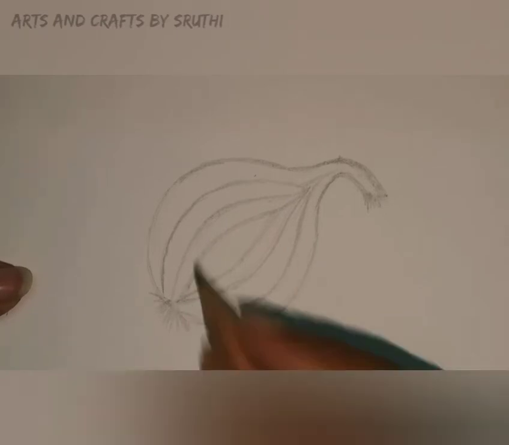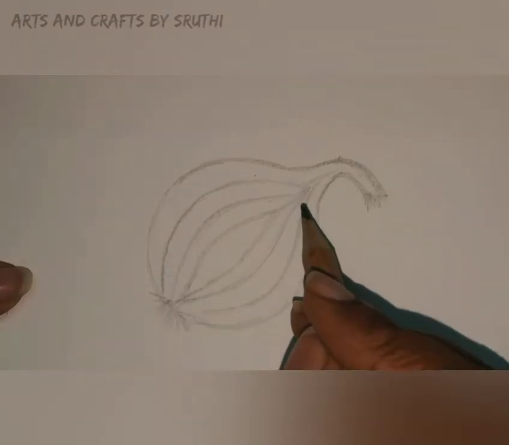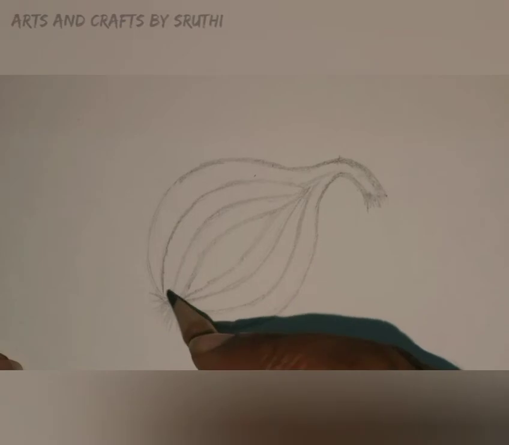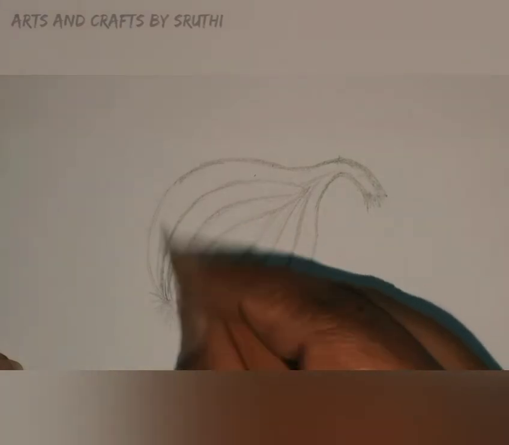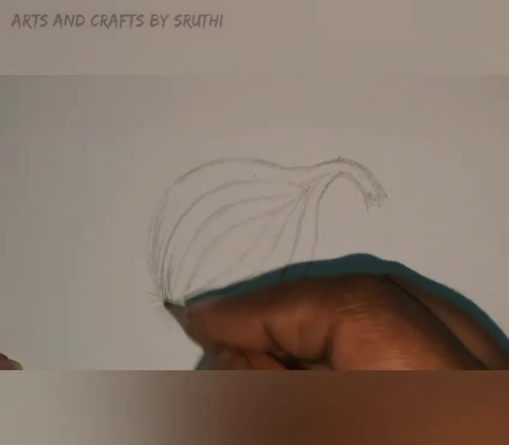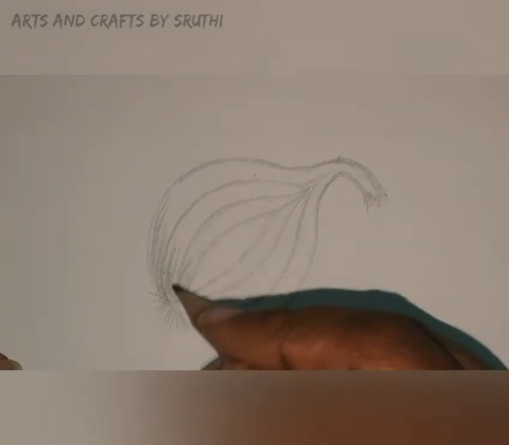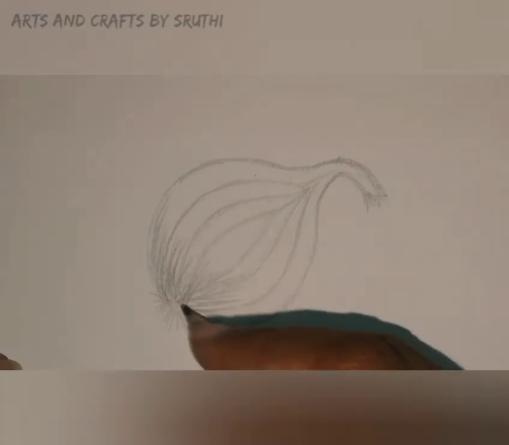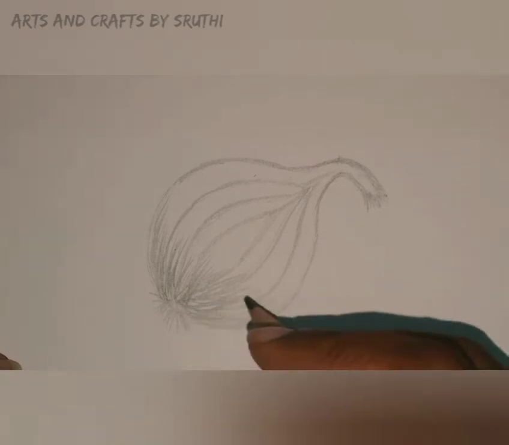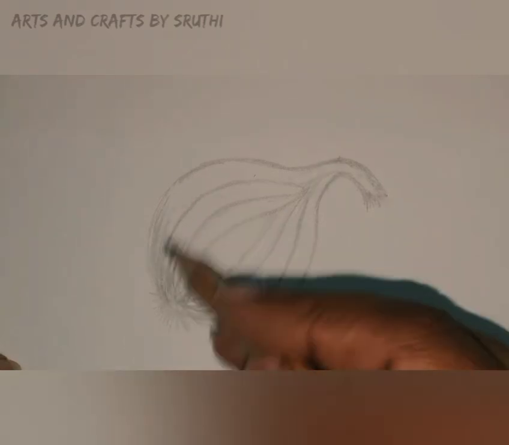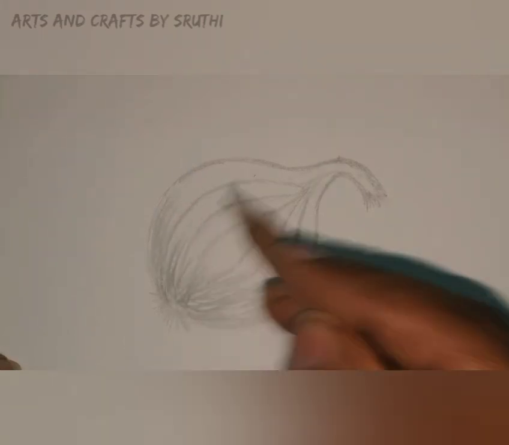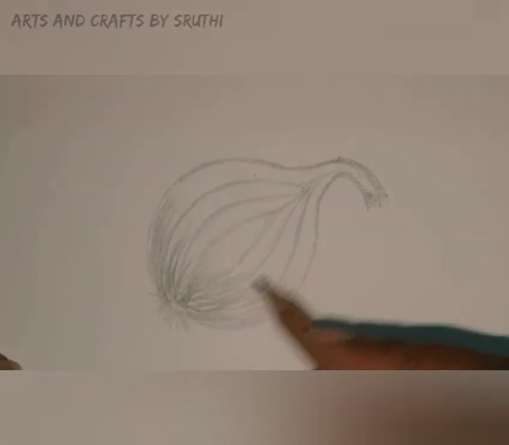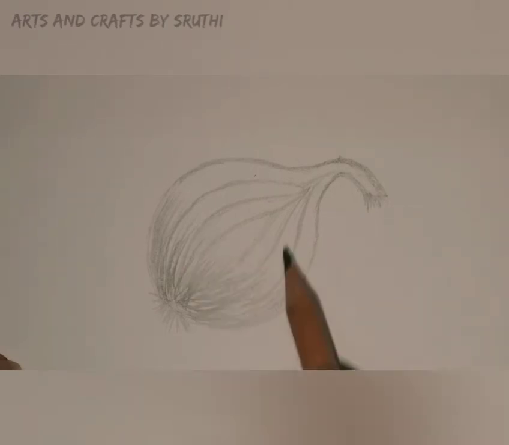Now we can start line shading from the bottom part to the middle part of the onion. I'm using a fading line here, and I'm making the lines in the direction of the contour lines. The middle part of the onion is a highlighted area, just imagine that.